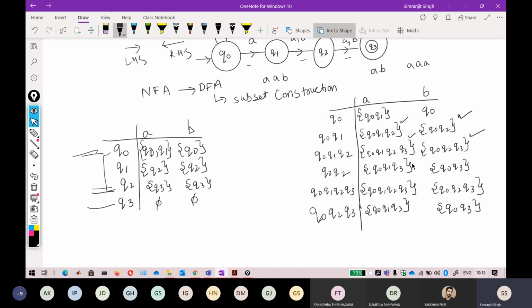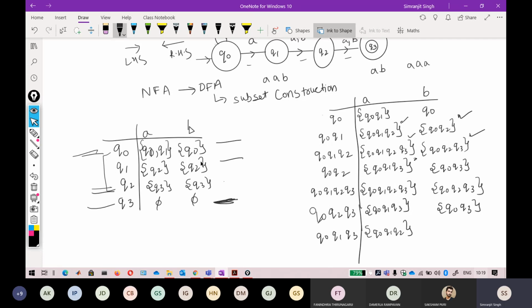Okay, so if you check it now, you have to define it also. Q0, Q1, Q3 is not in the set. So go for Q0, Q1 and Q3. So just writing in lines here so I don't get confused. So it will be Q0, Q1, Q2. Okay, so Q0, Q1, Q2.